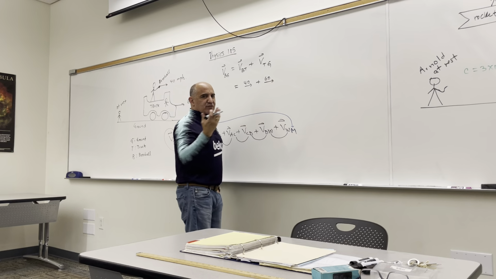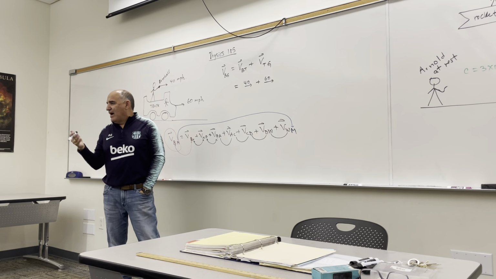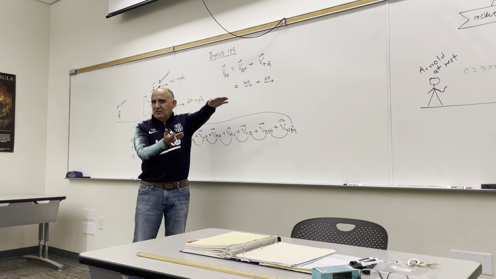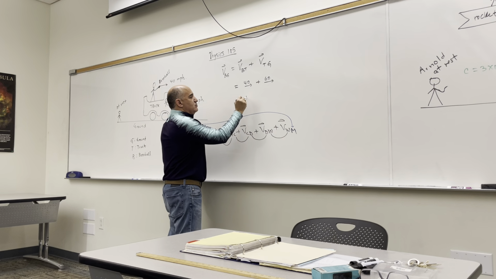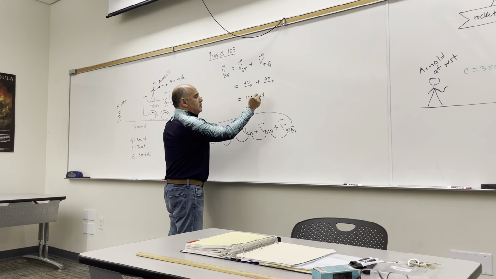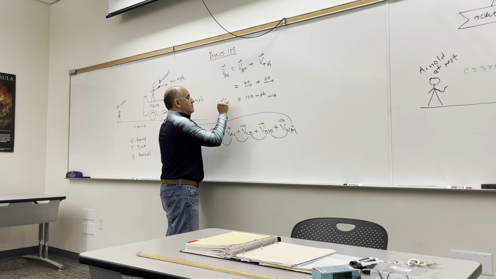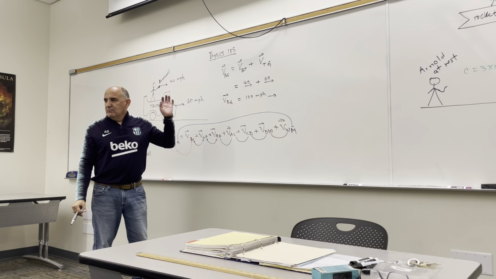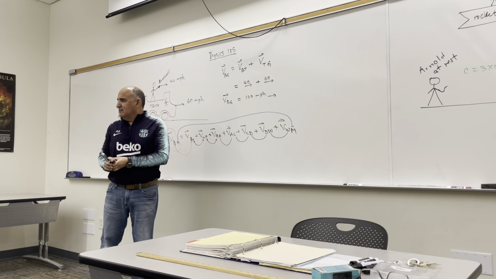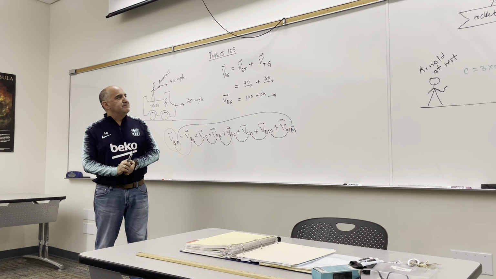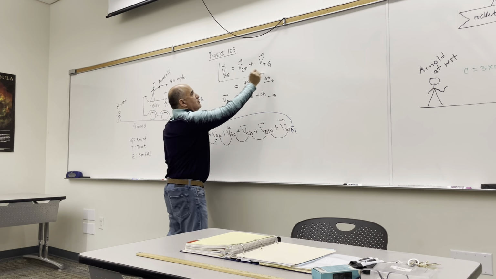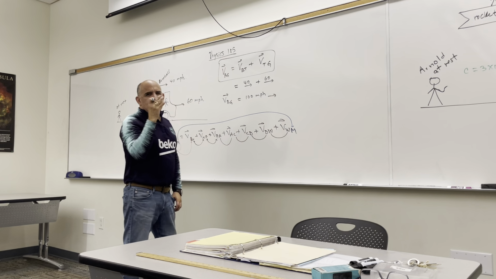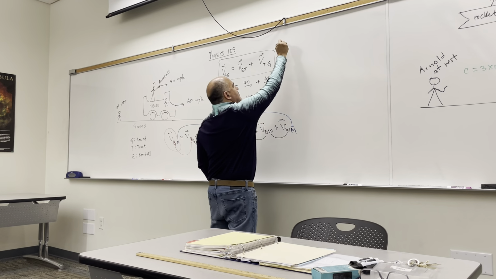And you learn in the first chapter of Physics 185 how to add vectors. Two vectors are pointing in the same direction, right? 40 and 60 gives you 100 miles per hour to the right. And if we were to do this experiment, that's what you're going to get. So this equation over here was first thought by Galileo, and